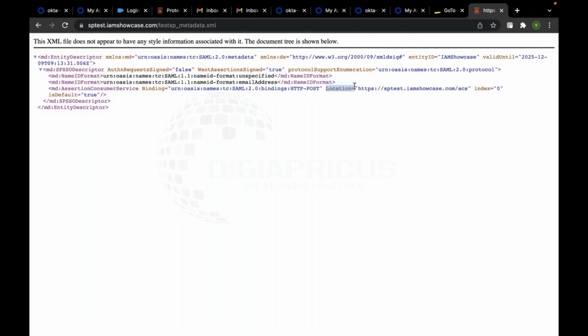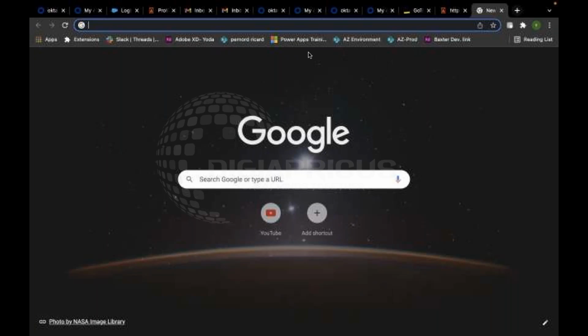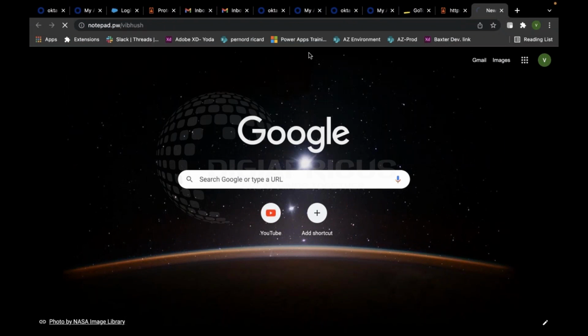Okta will be authenticating the user, and it will be sending back the response to the service provider. Now that response, what the IDP is sending back to the service provider, is your assertion. That assertion needs to be consumed by the service provider at some point. The service provider has to consume that assertion, right? So if it is getting confusing,